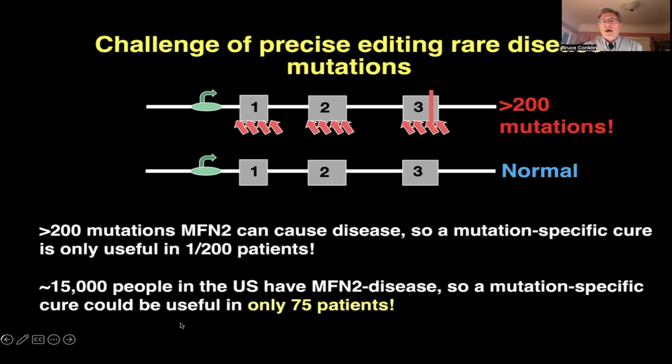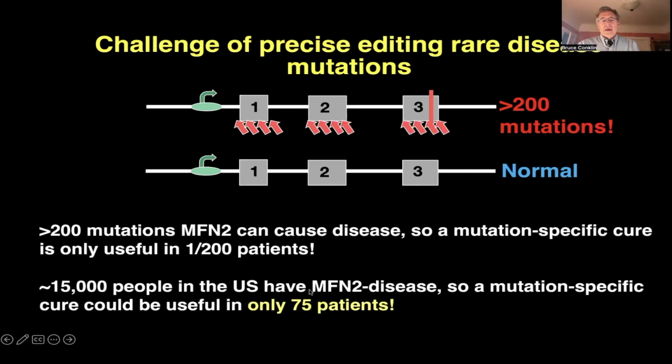And this is made worse by the fact that this gene in particular, mitofusin 2, has actually over 200 mutations which cause the disease. And so that is a tremendous problem, because if, for instance, you make a one mutation-specific edit, for instance here, you've only fixed or helped 1 in 200 patients with the disease. So if you imagine there's 15,000 people, which is the estimate for